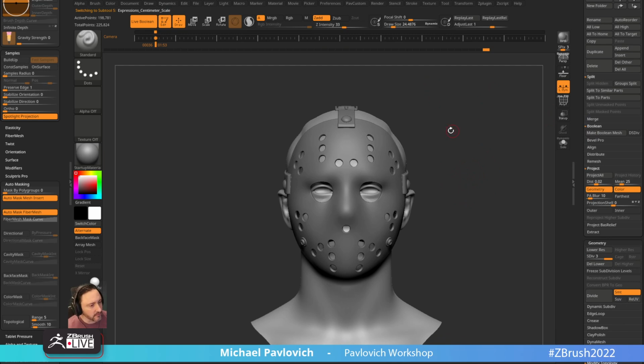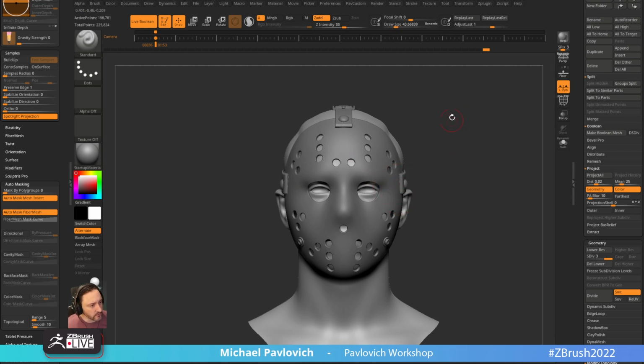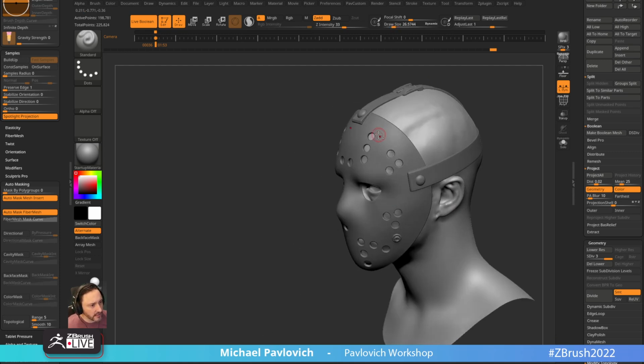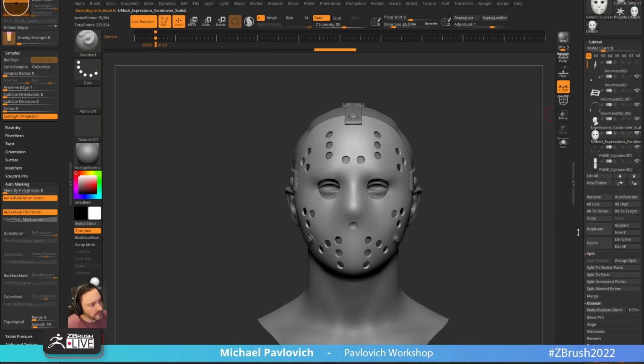Normally I would throw this into Substance Painter and just bake this off and do a really nice grungy pass. But since we're in ZBrush, we'll just do this real quick. So I'm going to Alt tap this here. This is all